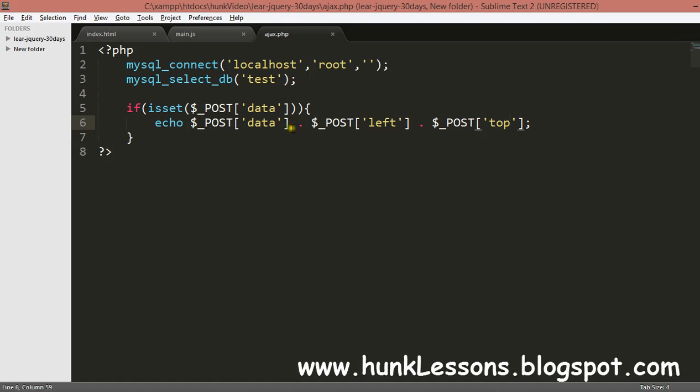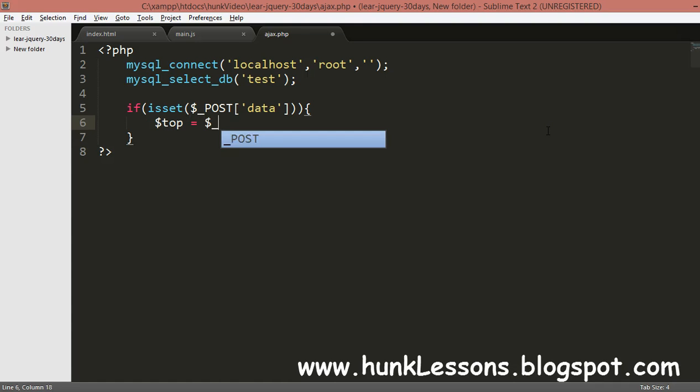Okay, I got that. Now I'll make three variables. Top is equal to $_POST top. I'm not using any security because it's for test purposes. You should use mysql_real_escape_string, htmlentities, strip_tags, and all that.